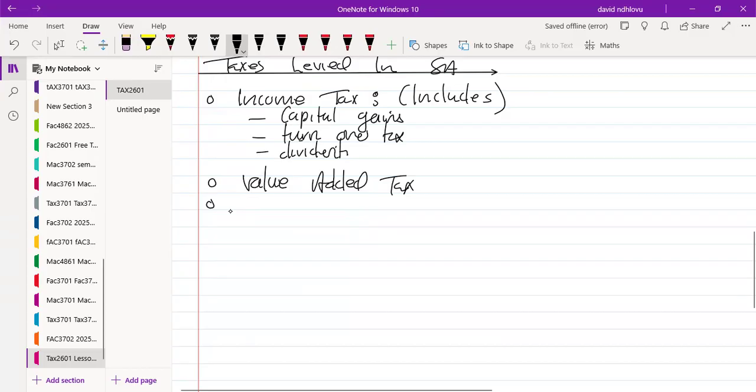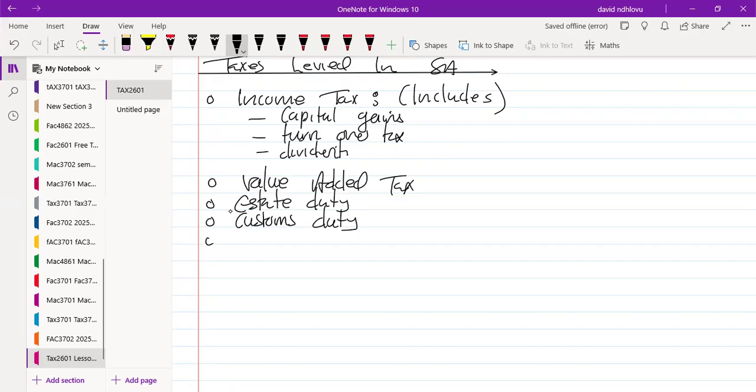There are many taxes. We've got what is called estate duty tax. When you inherit the estate of a deceased person, a part of the value of the deceased estate must be paid over to the government via SARS. We have what we call customs duty. When you import things from an outside country and you get into South Africa, you will be charged what is called customs duty by the customs official. They will bill you a certain amount so that you can bring the goods here into South Africa.